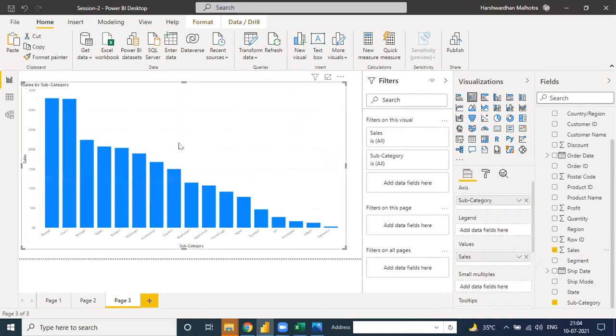Here is a simple column chart in descending order: phone, chairs, storage, tables, binders, machines, accessories, copiers, books. These kinds of subcategories